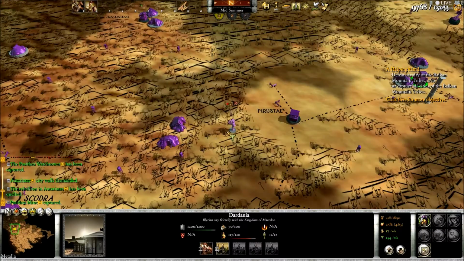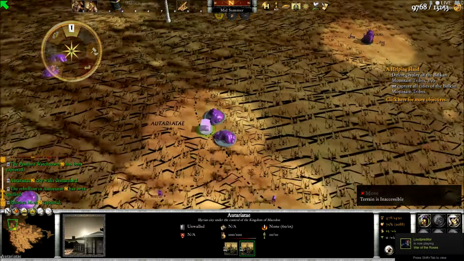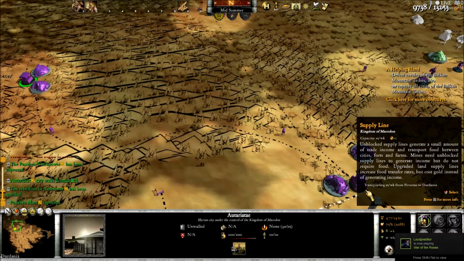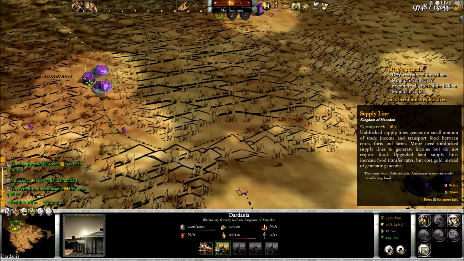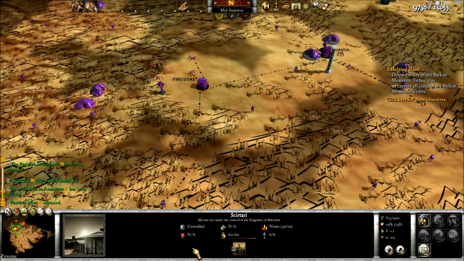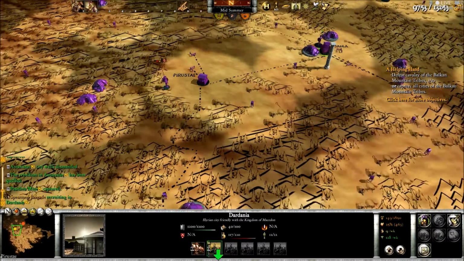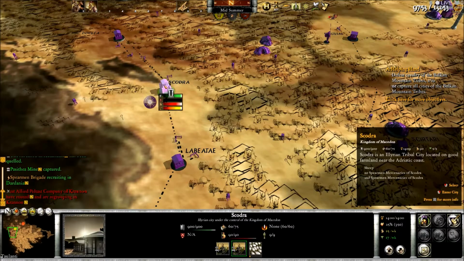Some Illyrian hoplite. These guys, they don't have any food. Well, they're going to get deleted in a second. And another benefit of... let's move these spearmen up. We can start filling in allied spearmen in all these cities to conserve cash. Skodra, you do not need...